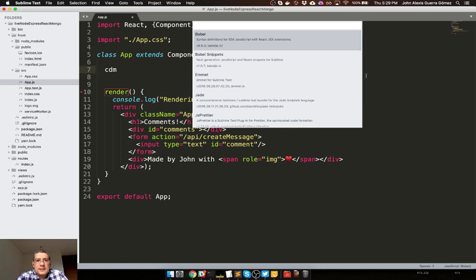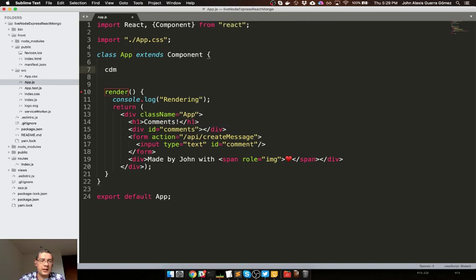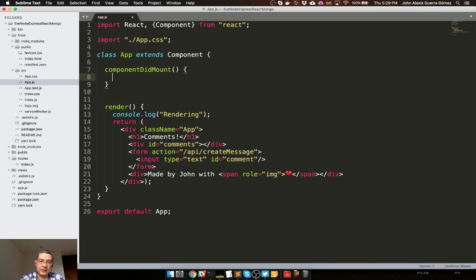List packages, Babel snippets, this one. And then when I hit CDM, it knows that I want that. And then if I click tab, then it completes. Okay? So basically what I want in here is that I want this thing to be fetching on the API